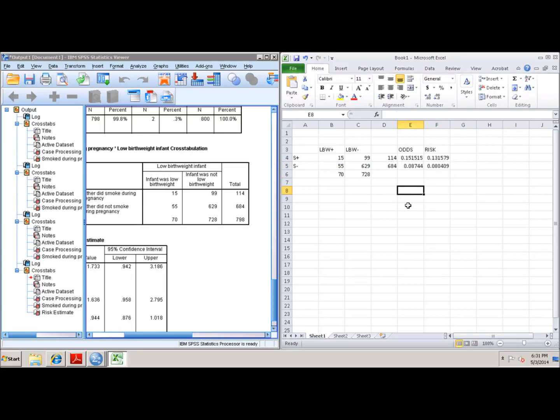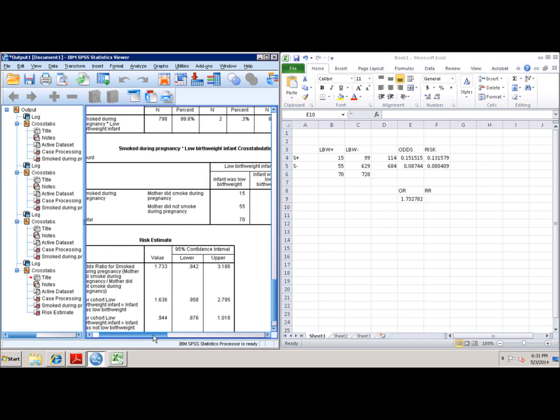So the odds ratio is simply dividing the odds of low birth weight among those who smoked by the odds of low birth weight among those who did not smoke. So we take this value here, divide by this value here, and we end up with 1.73,